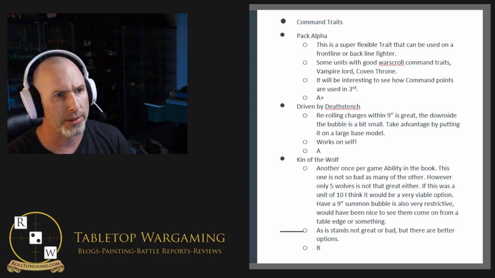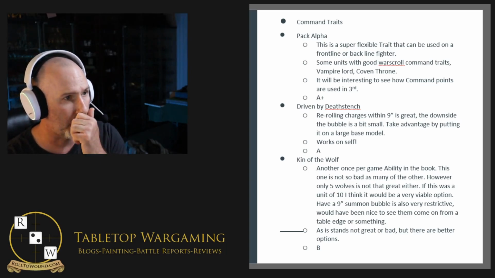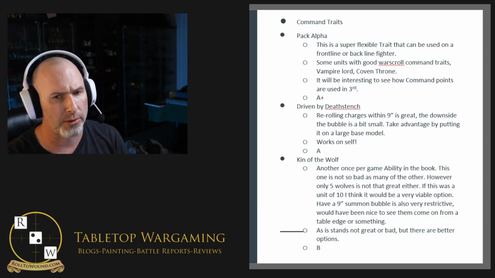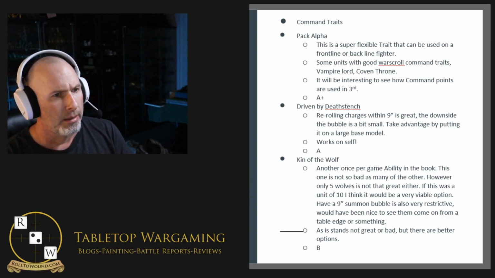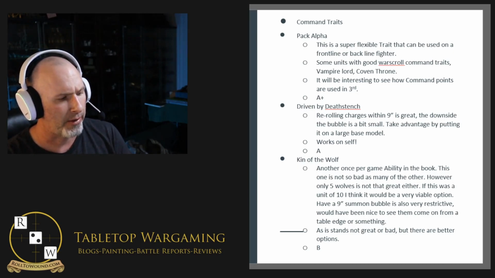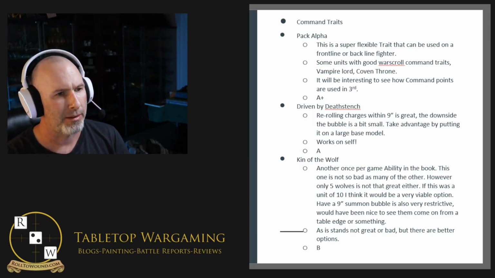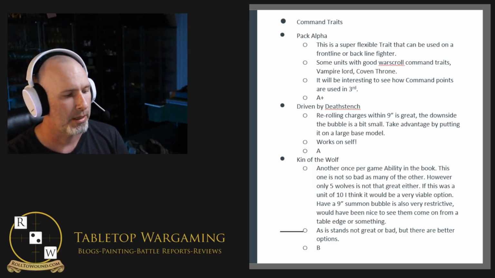However, in general, this is an okay use of a once per battle ability, summoning a unit onto the field. A unit you didn't actually pay points for. The 5 dire wolves works out to around 70 points or so. So it's a little bit better than buying a command trait with a CP. You're kind of restricted though, because you have to set it up within 9 of the general, and it's only 5 wolves. It's not a bad trait, but I'm just not a huge fan of it,